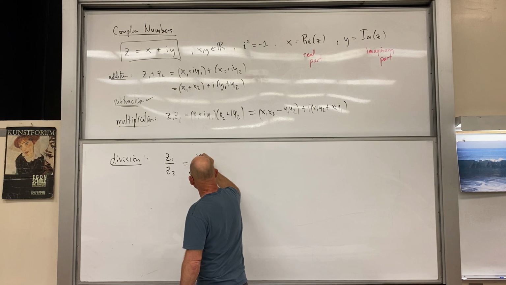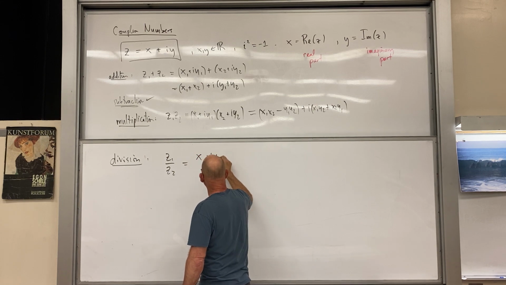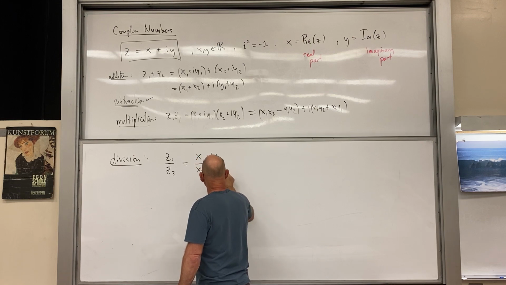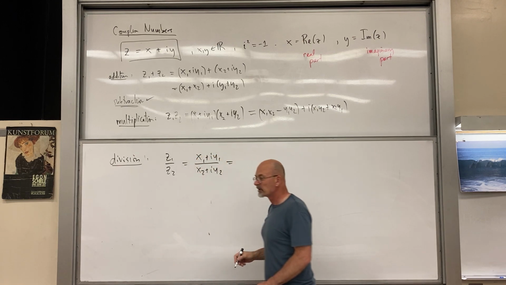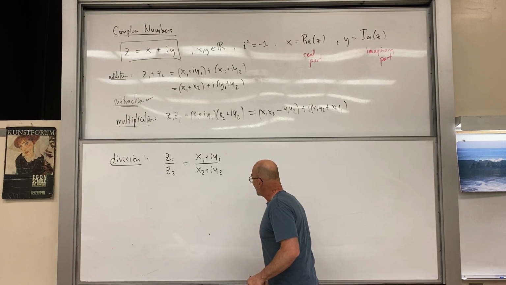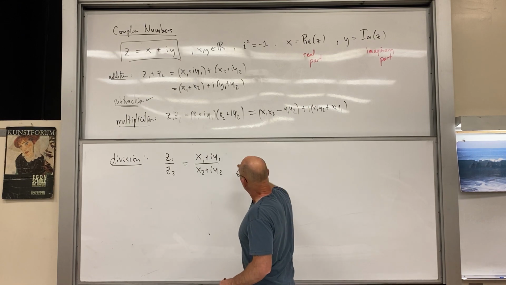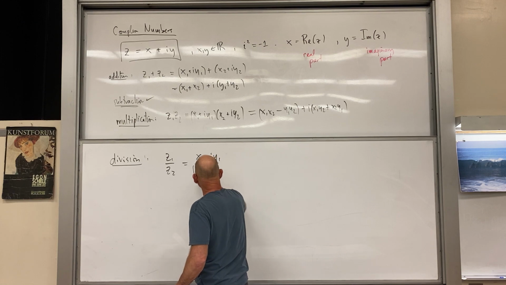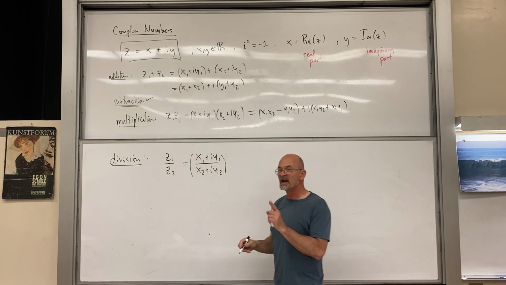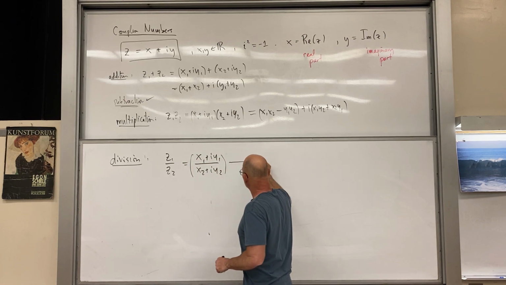And now we have our x1 plus iy1 over x2 plus iy2. And we're wondering what to do here. But then based on what we just saw up here, what we can do is multiply this quotient by 1. And we'll do it in such a way that